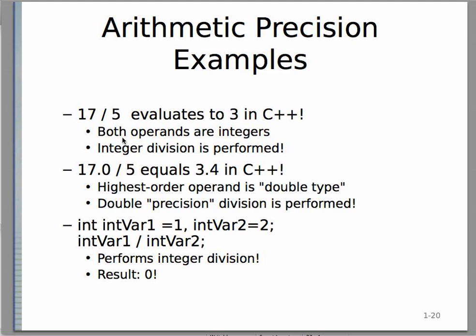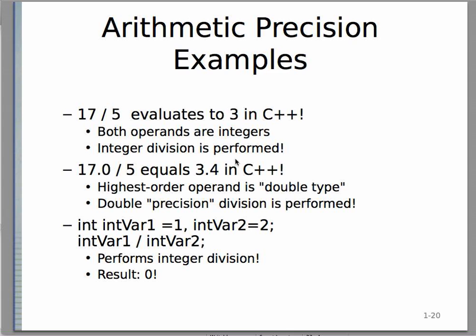So both operands are integers, and it goes into the integer processing unit. I think I might have misspoken. There's an integer arithmetic logic unit that does the integer division in the hardware,